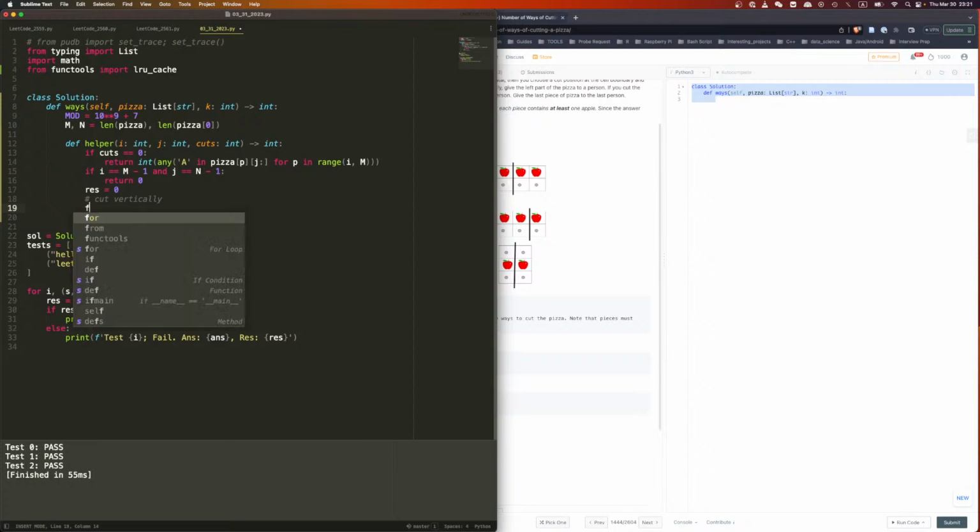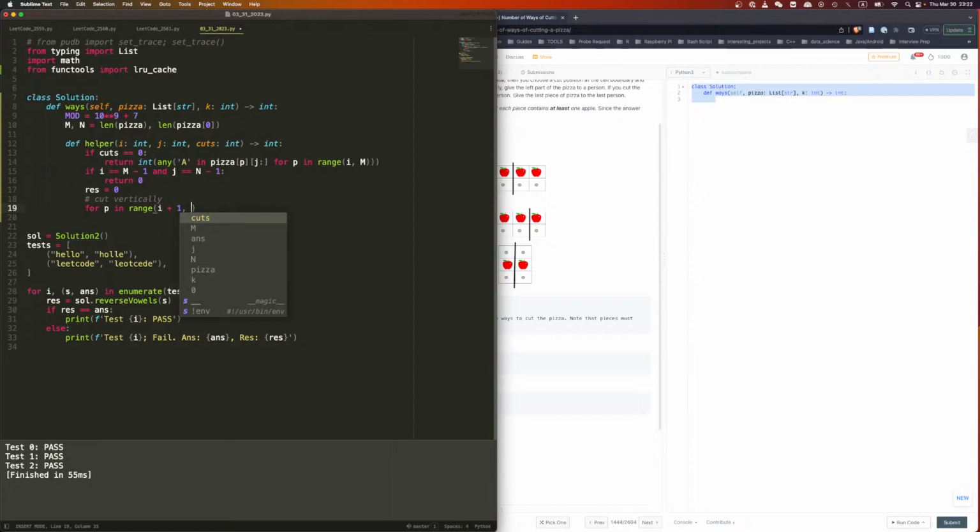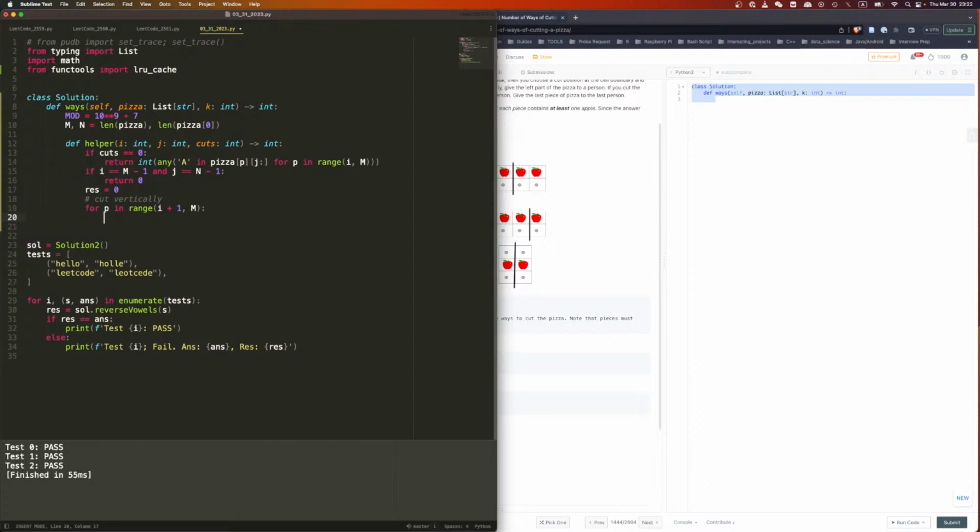So we should say for P in range, because vertically, right? We're currently at I, so it should be from I plus 1 all the way to M. Okay, then we need to say if